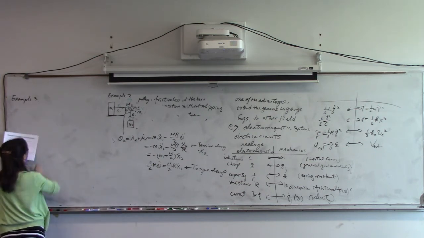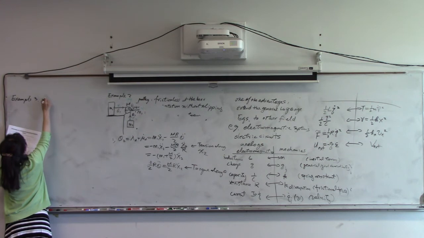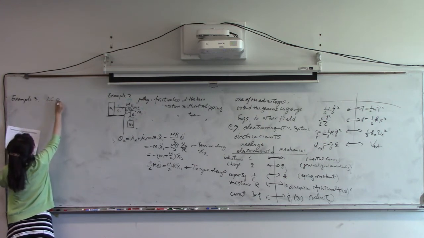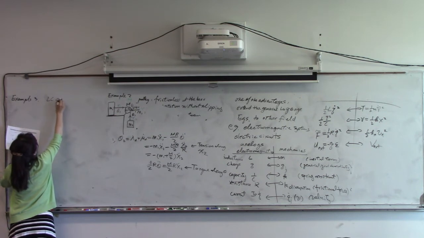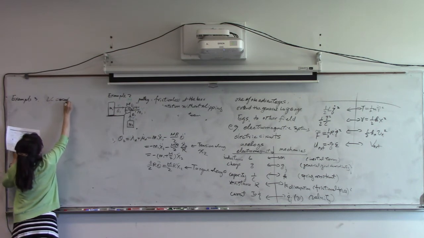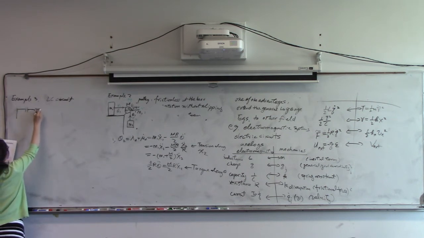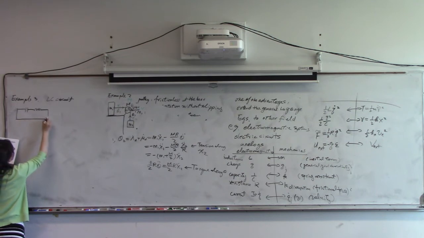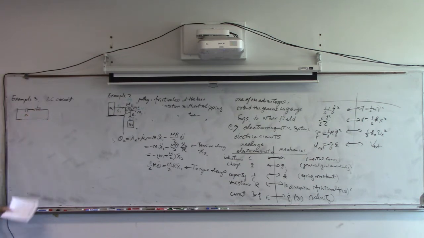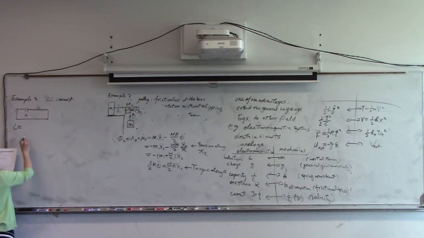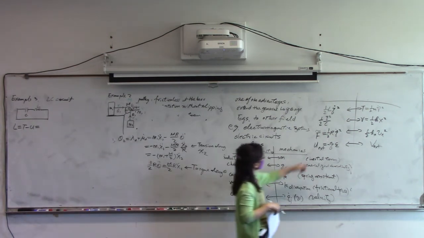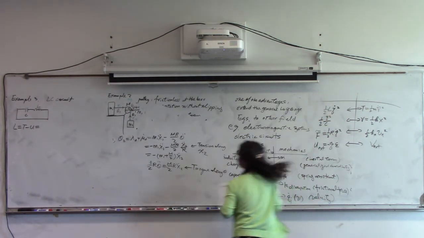Only this capacitor and the inductor, the LC circuit. In the LC circuit, we have a capacitor, we have L, and no others. So this is L, this is C. And in this case, we just set up the Lagrangian immediately, right? T minus U. So T: do we have a kinetic energy? Yes, so we write down